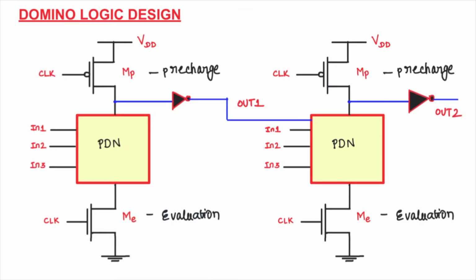Domino logic is the basic solution for an NMOS cascading problem in dynamic logic, and here is the general outline of the domino logic design. In domino logic, a static CMOS inverter is placed at the output of the dynamic logic block. So this is the first dynamic logic block, which is going to be cascaded with the next dynamic logic block. Initially in cascading the dynamic gates, we saw the output directly connected to the input of the next dynamic logic. We would have noticed that there were no inverters in the dynamic logic cascading.